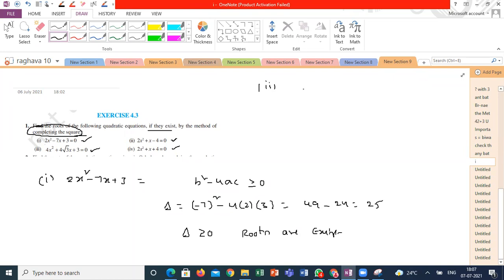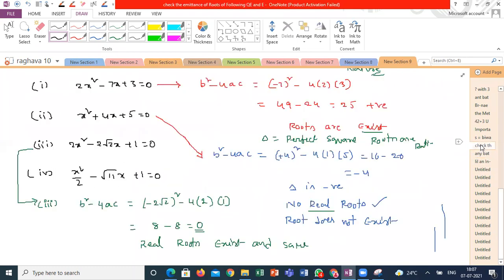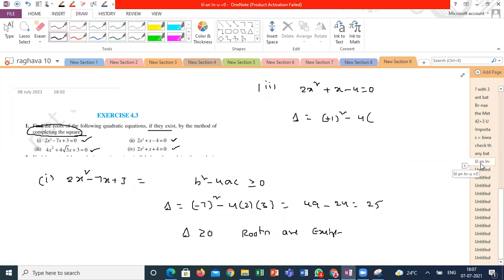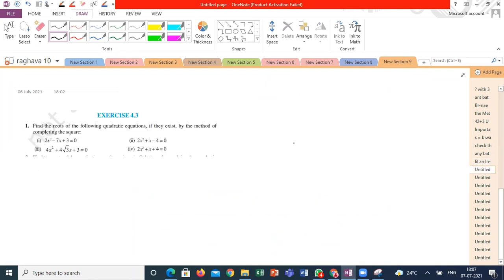Second question. What is the second question? Please find the discriminant of the second question, b square minus 4ac. So for the 4 questions, we found out whether the roots exist or not also, sir. That also we completed. Yes, sir, for both the questions. Third question we didn't do, no? Sir, all the 4 subdivisions we did, sir. Okay. Shall I go for the next question?